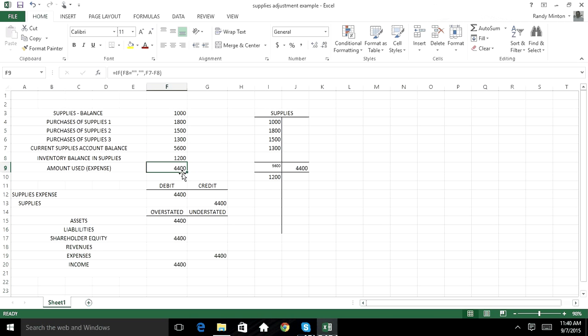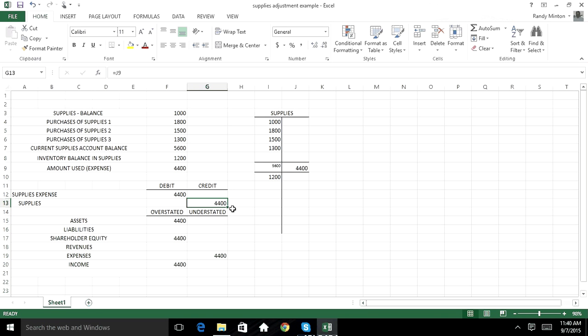What that means is that we used $4,400, and that usage is equivalent to the supplies expense. You'll notice what's happening over here is I'm making an adjustment, and the adjustment is to debit the supplies expense to recognize the fact that we have used up some of these supplies, and we're also crediting office supplies, the